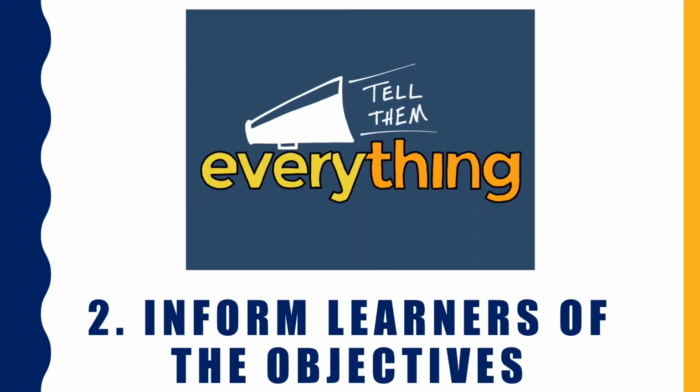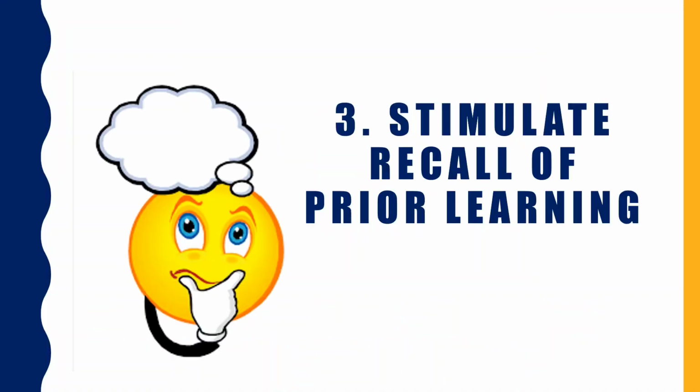Next, we want to inform learners of the objectives. Tell them what they are going to learn. Providing expectations around what they will learn helps put your audience in a learning mindset. Third, we want to stimulate recall of prior learning. In this step, the goal is to activate the recall of that old knowledge. Once the old knowledge is recalled or remembered, it makes it easier to connect the dots